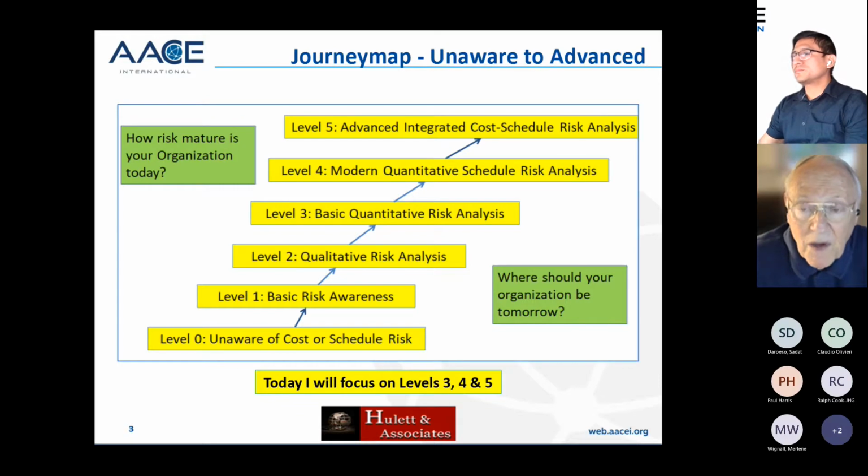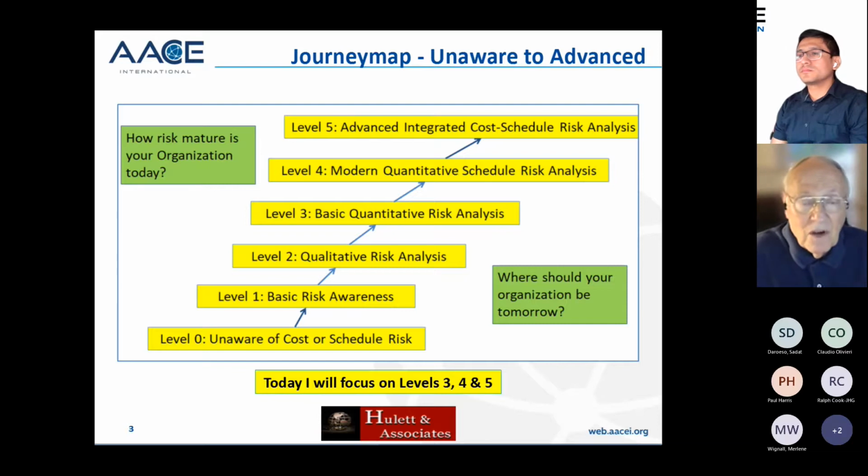And then the question was, where do you want your organization to be tomorrow? We found that they were in the lower end of this scale, and then in about a month they asked me, please would you perform a level 5 advanced integrated cost and schedule risk analysis on an offshore drilling rig, offshore production platform? And oh yes, you want to jump right to the integrated, the most advanced version of this. So that's what we did, and we did a number of those for Petronas.